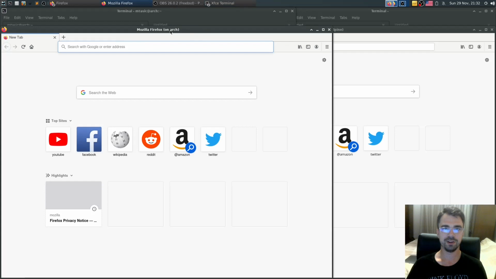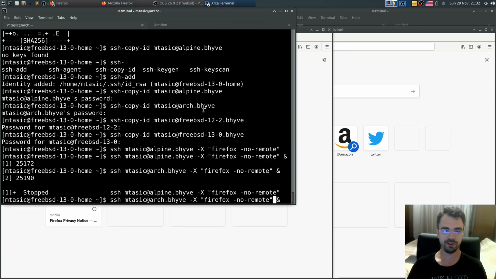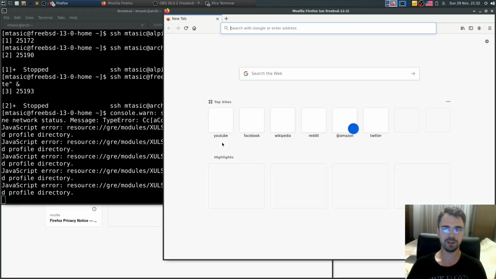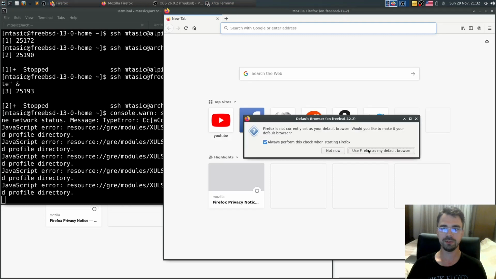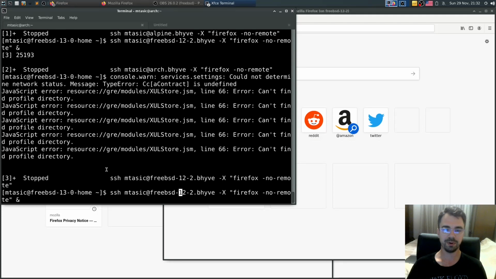And it says it's on Arch. I'll run Firefox on FreeBSD 12.2, and it says on FreeBSD 12.2, uses default, right? And I'll run on 13.0.